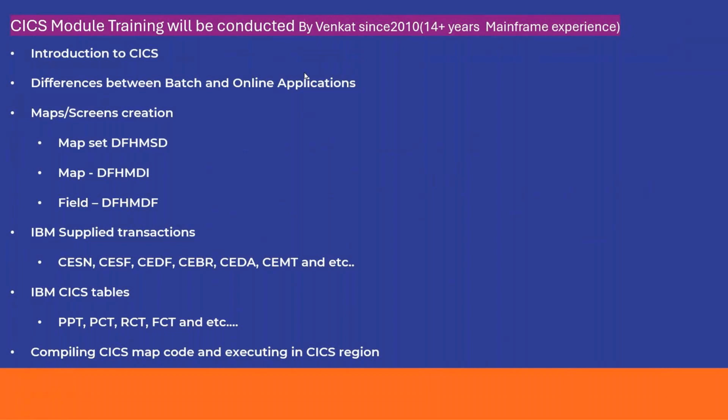Then what are the differences between batch and online application? Then how to create online application screens, which we call a mapset, map, and field. We will discuss practically all the topics which I am listing here, and we will discuss CICS supply transactions,